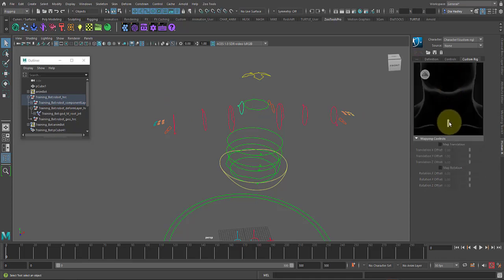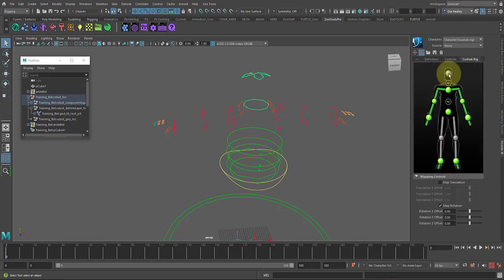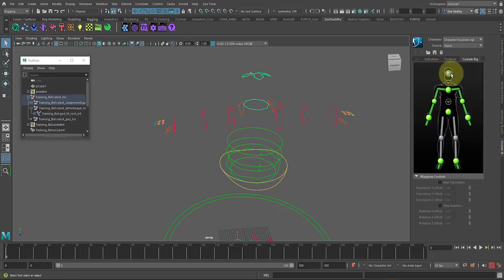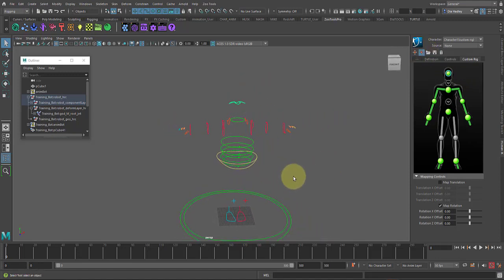Same thing with the neck. I'm going to grab the only neck controller, assign the neck, get out of there. Make sure the neck is only rotation. Grab the head controller, assign. Make sure it's only translation. So now I have my character set up with the custom rig,